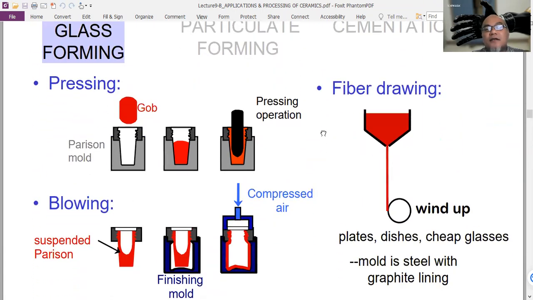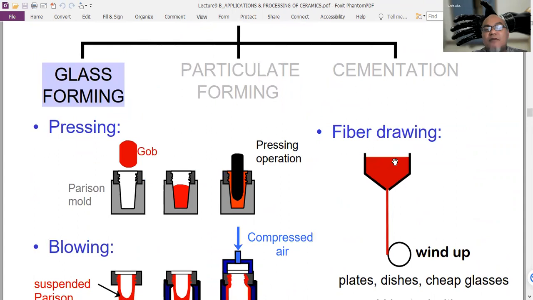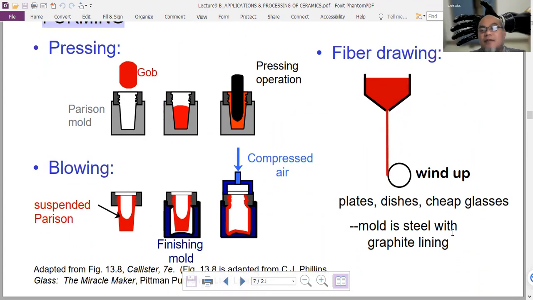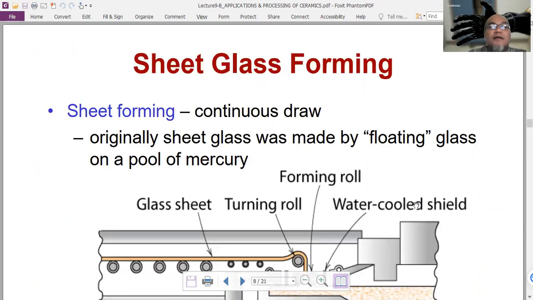Or then fiber drawing. Fiber drawing is, for example, if we want to make fiberglass, optical fiber from glass fiber, like this. This is molten glass, and then it is being pulled as a very thin fiber, and then goes up. It plates dishes or chip glasses. To form